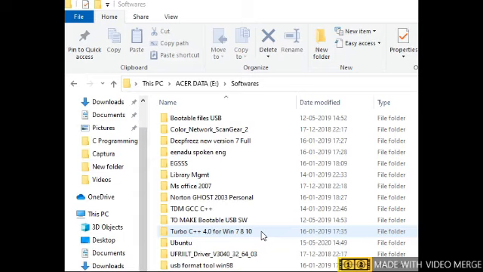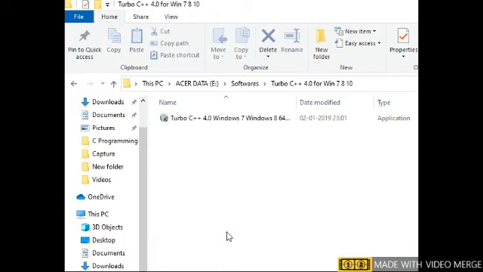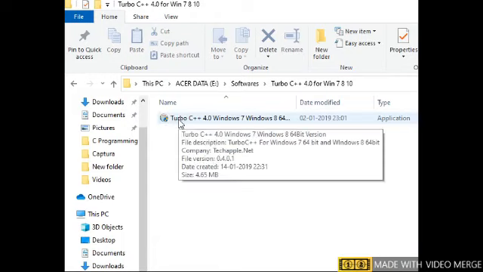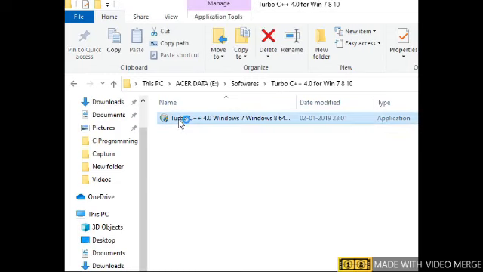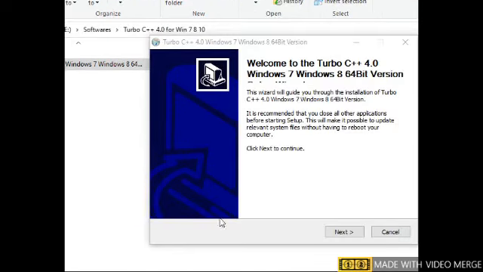So double click on this folder. Here the setup file is there. Double click on the setup file. It will ask to install. Follow the instructions to install the Turbo C++ 4.0.